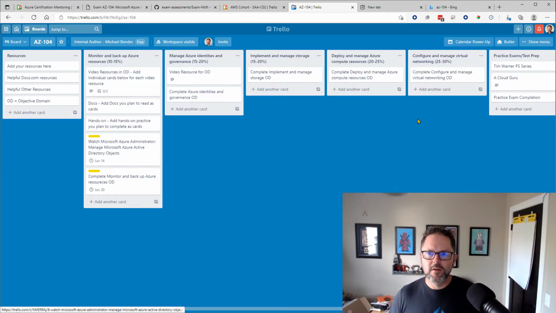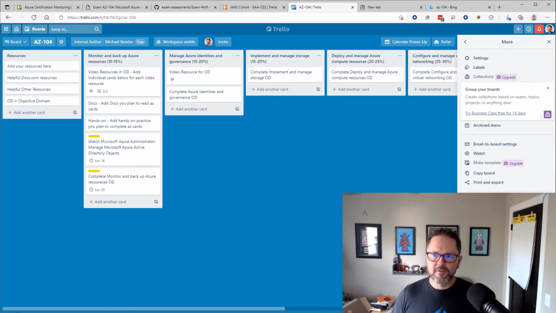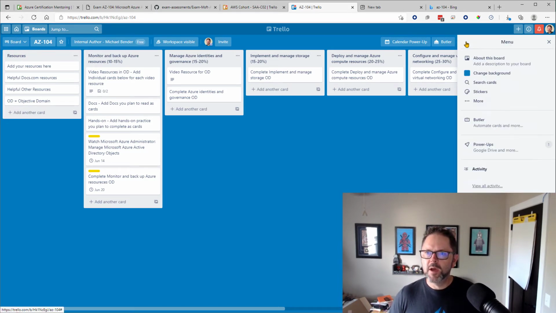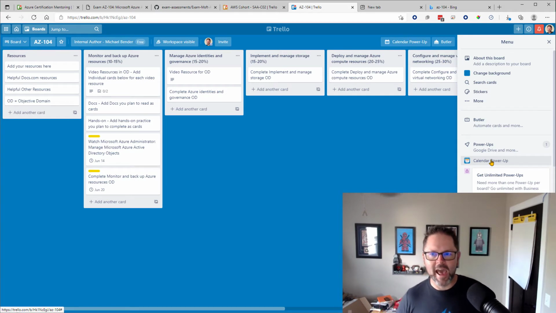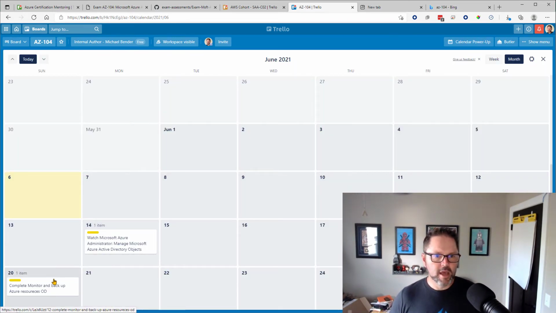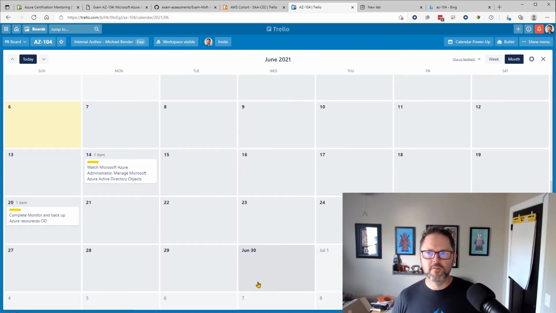And what that allows me to do, Trello has these things called power-ups. If for some reason the calendar doesn't show up for you, you go into the more area, and then you'll be able to go into, where's my power-up showing up? Oh, yeah, on the menu page here. Notice the power-ups down here. I have the calendar one. If it doesn't show up, it's going to allow you to add one. You just search for calendar and add the calendar power-up. And what that does is anything I put a due date on, it's going to put a calendar on here for me. And this allows me to really visualize this.